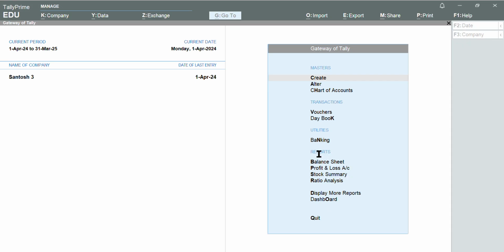Before starting with the question, let us first create the company. Now all the details will be given here. It says create a company in Tally Prime using the following details: name, your name and university roll number, address, your mobile number, email ID is given, currency symbol is rupees. Now we are to create the company with an office in Delhi for GST number